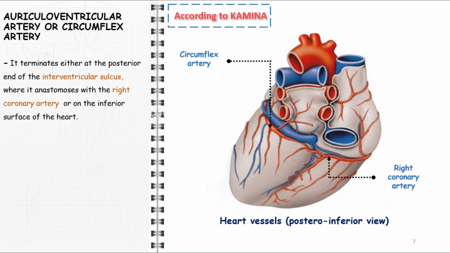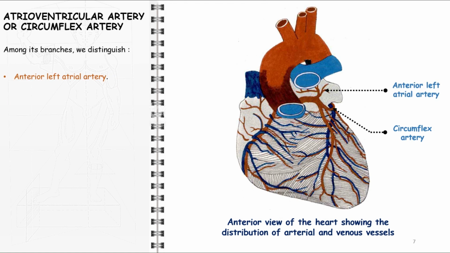The atrioventricular artery, or circumflex artery, runs horizontally to the left and enters the atrioventricular sulcus. It terminates either at the posterior end of the interventricular sulcus, where it anastomoses with the right coronary artery, or on the inferior surface of the heart. It gives off the anterior left atrial artery, which in turn gives off branches to the left auricle, left atrium,